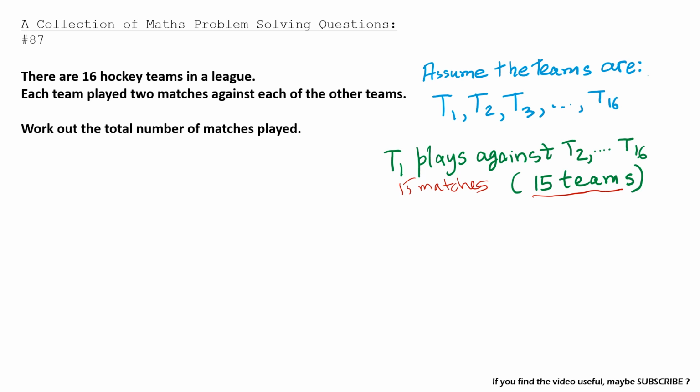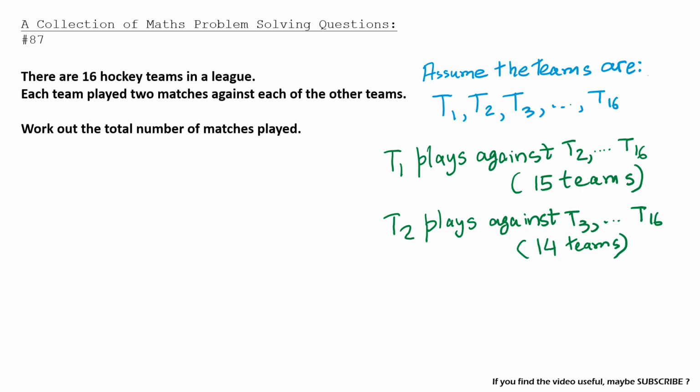And then when it comes to T2, T2 would play 14 matches against 14 teams, because T2 has already played against T1 before. So they wouldn't be playing T1 again. Because we are now going by the idea that they are playing only one match against each of the teams, and trying to do the counting with one match, and then once we get the number right, we're going to multiply it by 2 to get the answer. So T2 would play against T3 to T16 one time, so that would be 14 teams